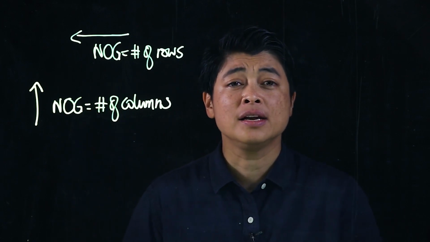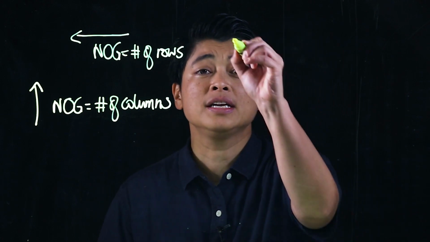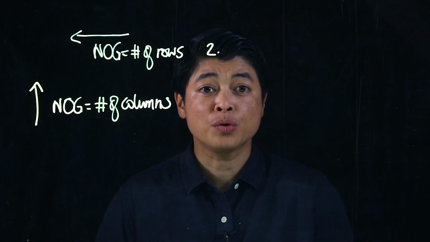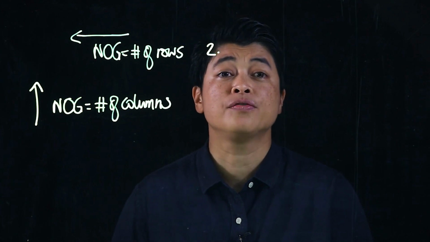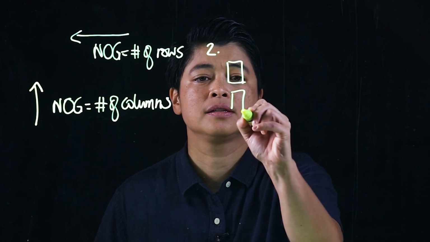So our lesson will come from page 117. So this is number 2. So the drawing has 4 rows and 6 columns. So 4 rows and 6 columns. So 1,